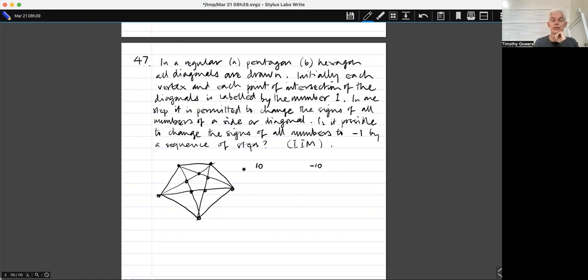So I'm going to try something fairly natural, which is wait a moment. If I were to change the signs on, maybe it's difficult actually to, if I just look at the inner pentagon, I'll see that it's difficult. What happens? So if I, for example, go around the inner pentagon once, then everything will end up having changed sign twice, which feels a little bit like the handshake lemma actually, but let's just think about. And similarly, if I go around